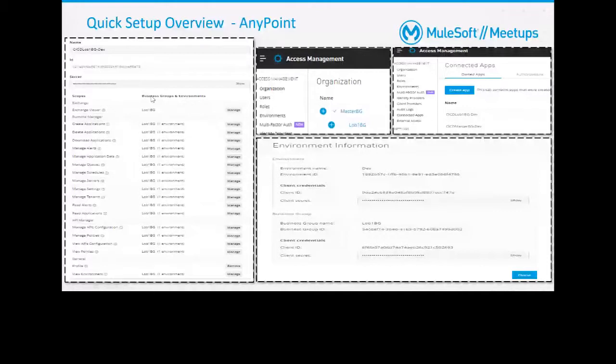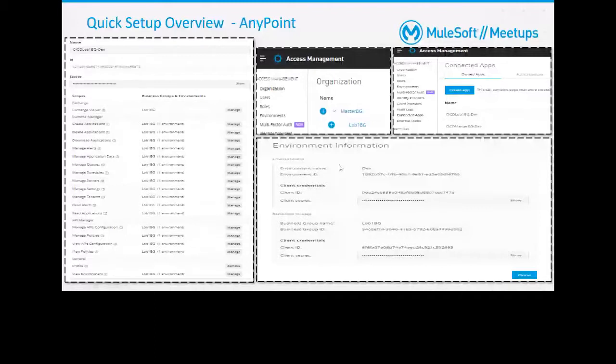So maybe in dev, you can be a little bit lenient so that developers can perform all the activities. However, you remove those rights for the prod ones. That is something that is possible. So I think you can play around with these permissions underneath the connected app.